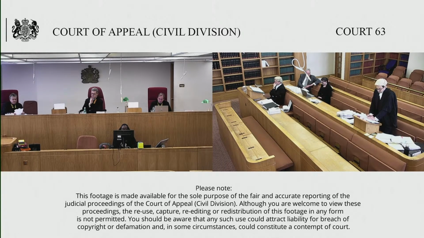That there must be scope for planning judgment as to whether something is immediately adjoining, even though it's not physically touching the settlement boundary, even though, for example, it's separated by a road or it's separated by a hedge. There must be, in those circumstances, some scope for planning judgment to be exercised.